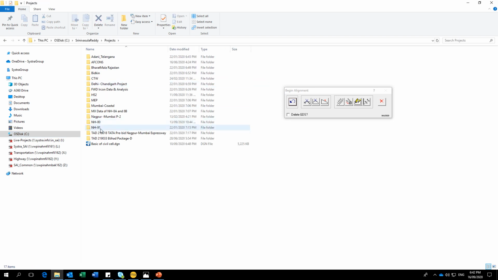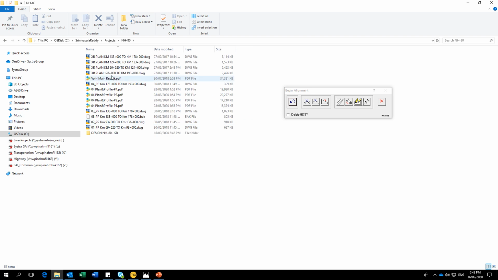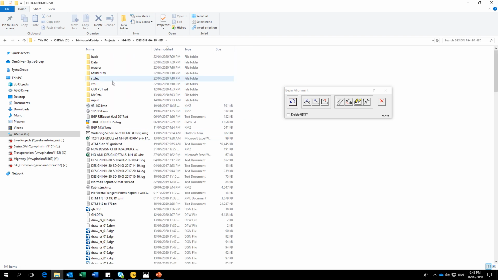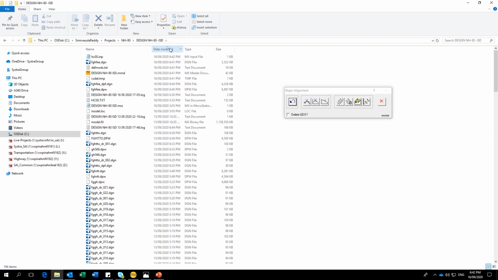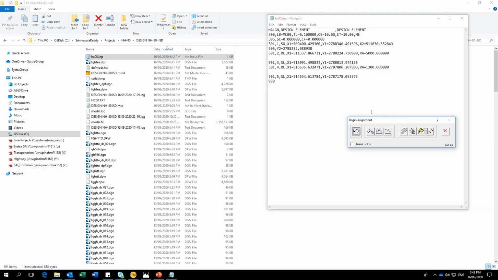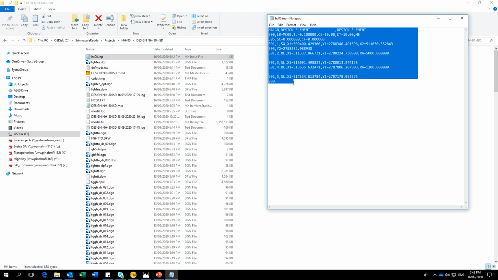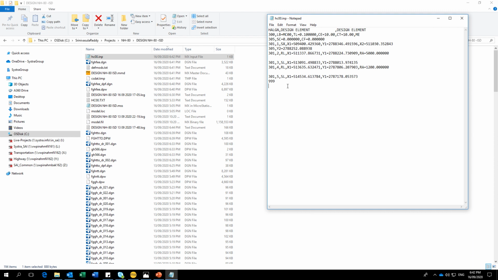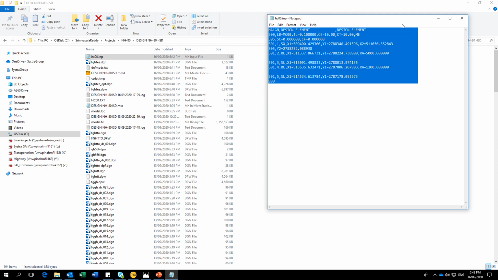I'll show that. Where is that? Sorry, NH80. See here, HC00 input. See, these are the curve details. Whatever things you have created will get displayed here in this .inp format.